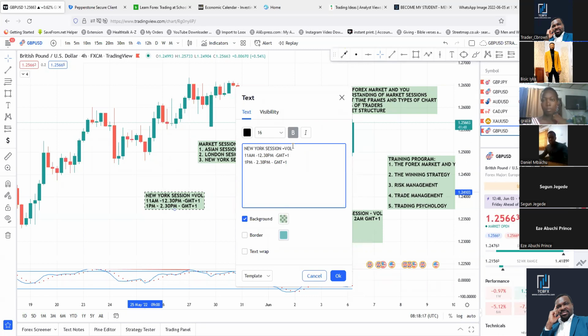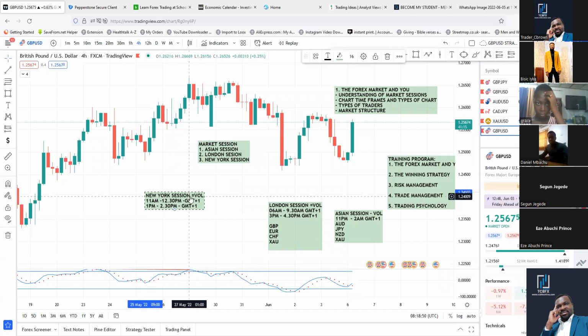Very important. Very, very important. Those times are very important in the market. Now, this is where you find volume in the New York section. And then, most of the time, you might have it spiral into 3 p.m. But nevertheless, what you need to focus on is these two timings. These two is what you need, this run.